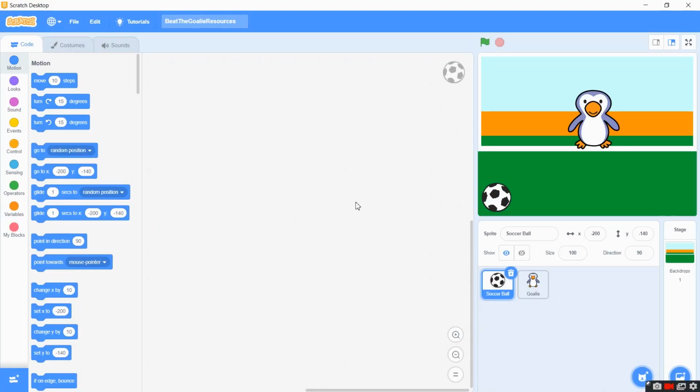All right. So we have our starter project open. What we're going to do is start with our first step, which is moving the football. So let's code the ball to move across the bottom of the stage. In order to do that, we must be sure that we have clicked our soccer ball right here, and we're going to add this code so that the football moves along the bottom of the screen until the